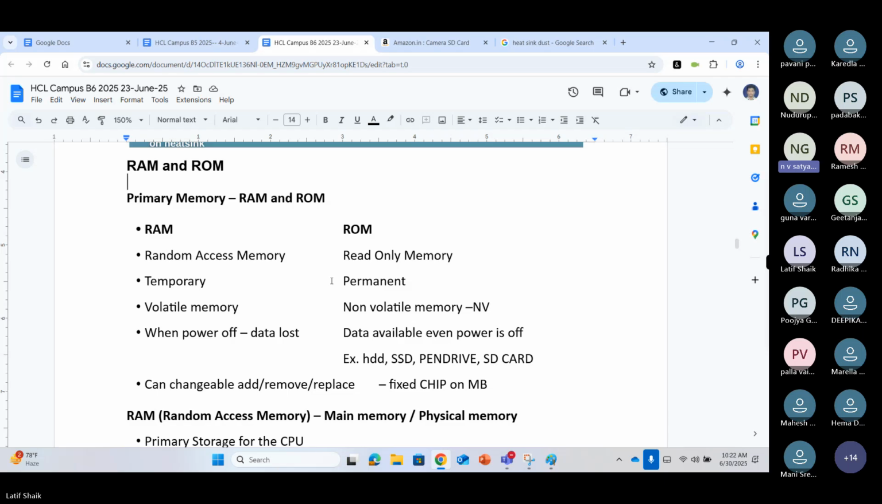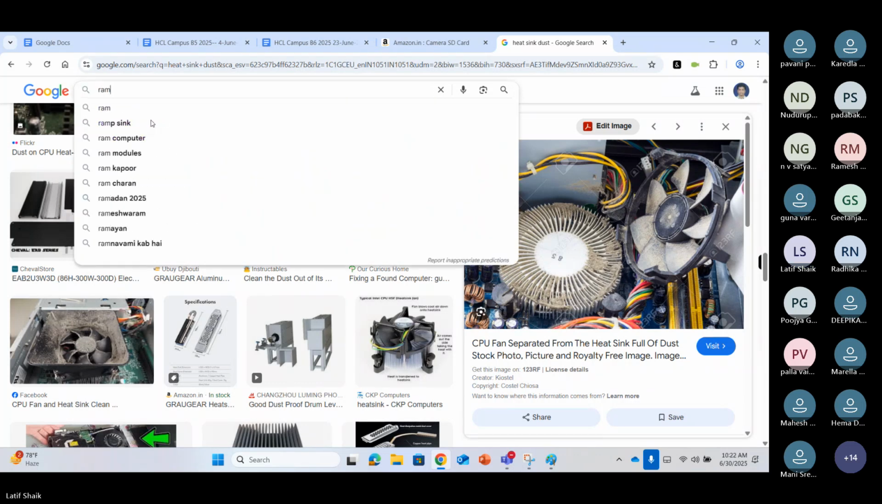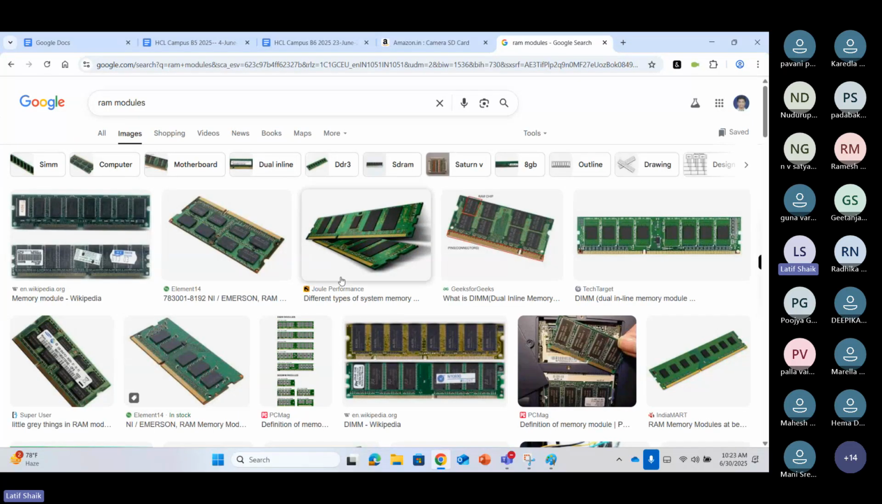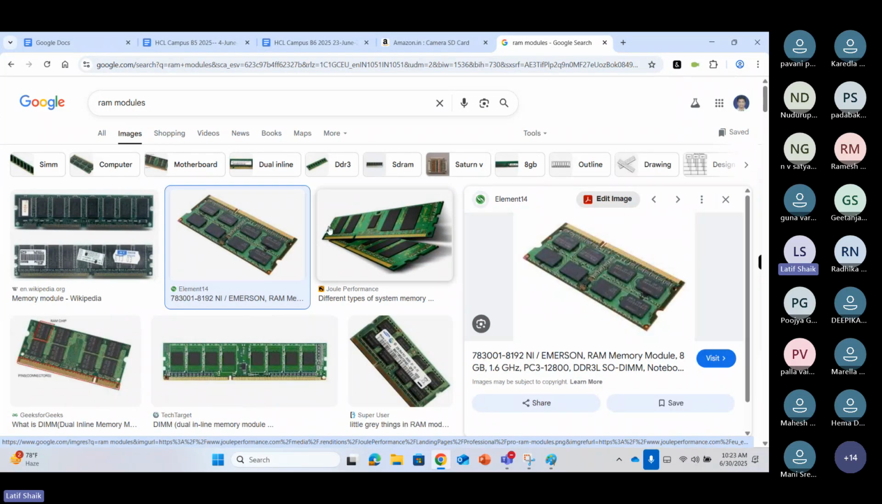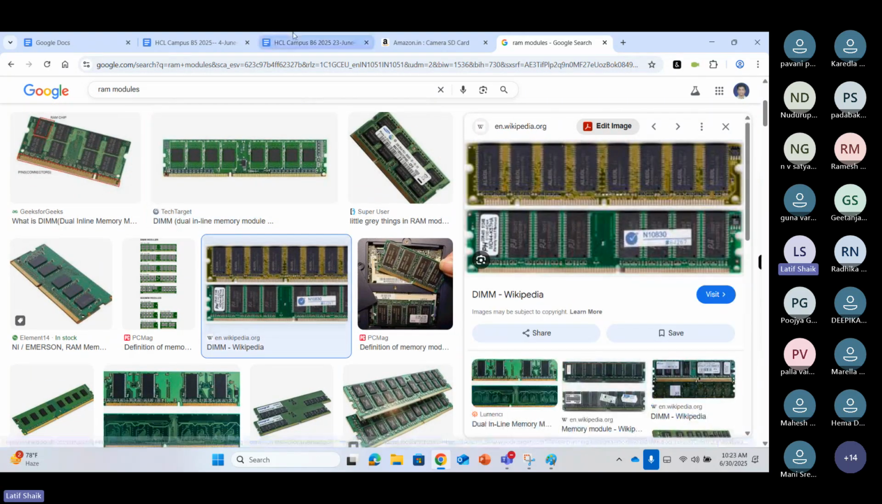Sir, an example of RAM memory where data is lost when power is off. It is RAM only. There are two things about RAM: RAMs are volatile memories. Okay, so these are the different RAMs. Okay, so for a computer